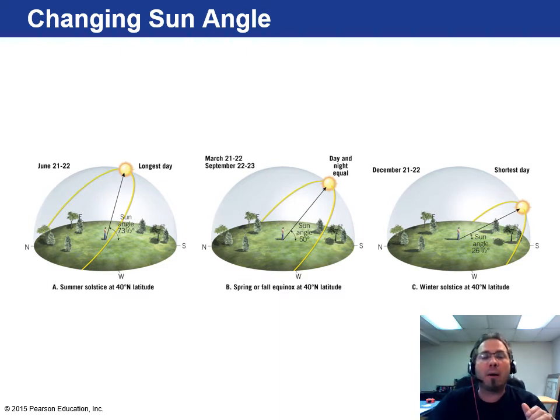So in the summer, we have roughly a 73.5 degree angle, which isn't quite vertical because to get vertical, you'd have to be at the equator, but it's way high up in the sky. So you get a much longer day where the sun is setting at almost 9 o'clock local time.